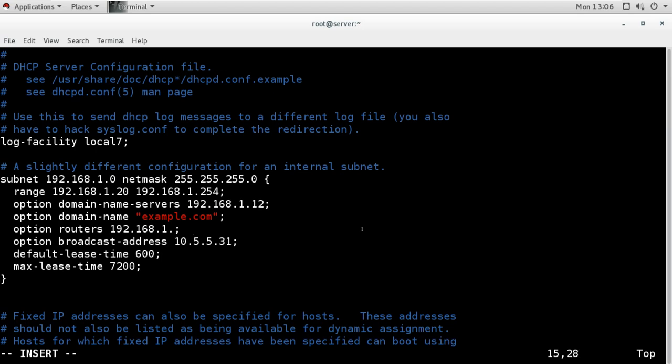So my router address will be 1. This is my router address, and this will be my broadcast address. So the broadcast address for my network is 1.255. So router address, DNS server address, domain name, lease time, and then broadcast address.